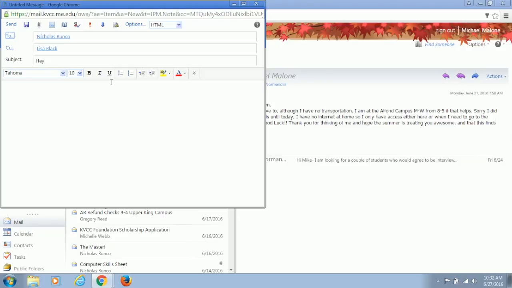So I will send it to myself, and then in the blind carbon copy, I'll put all of my advisees. They will see that the email was sent to me and they will get a copy of it, but they won't see each other's names, because I've got to maintain the privacy. That's why we would use the BCC, the blind carbon copy.